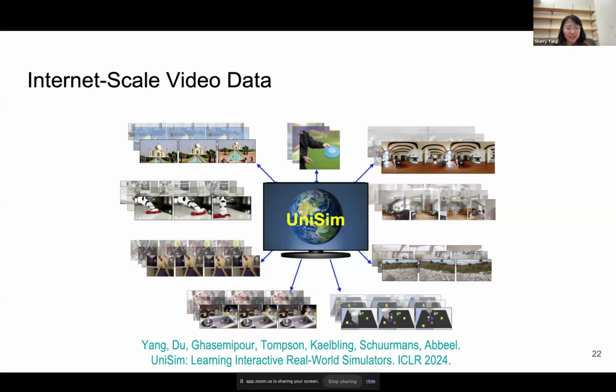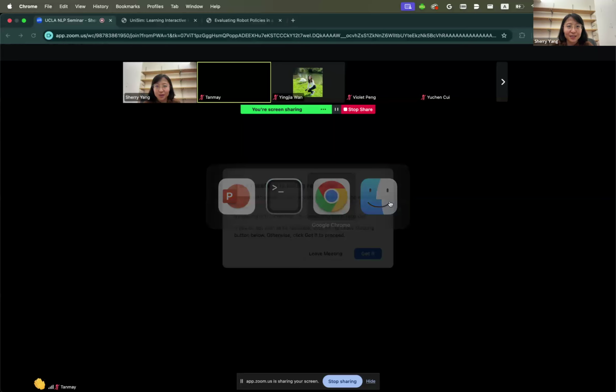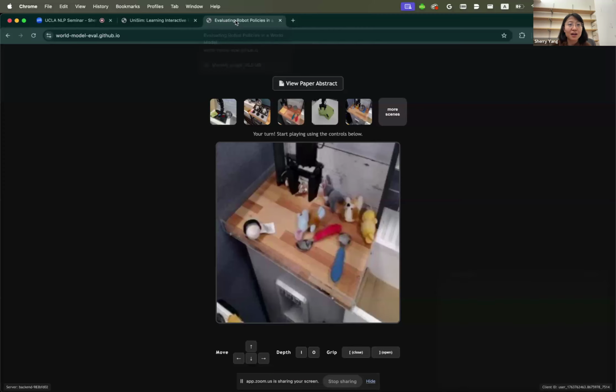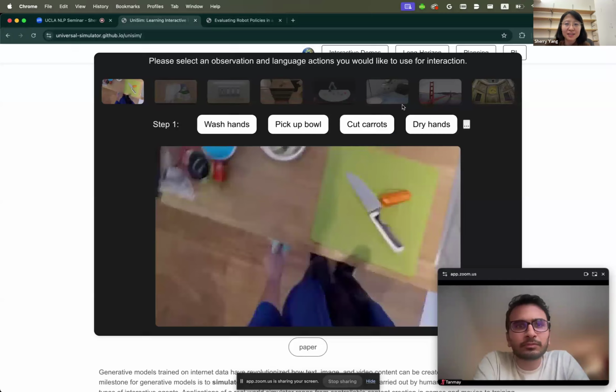Yeah, that's basically it on the architecture and the data side. I just wanted to show you some particular examples, and I think it's probably more fun to do this interactively. So if you want, you could go to this website, universal-simulator.github.io. And then you can kind of get an idea,